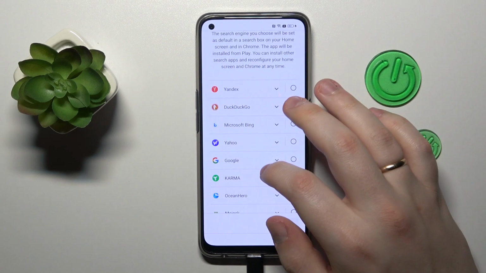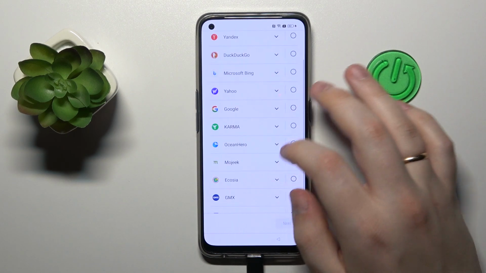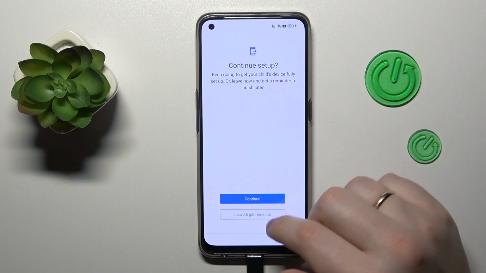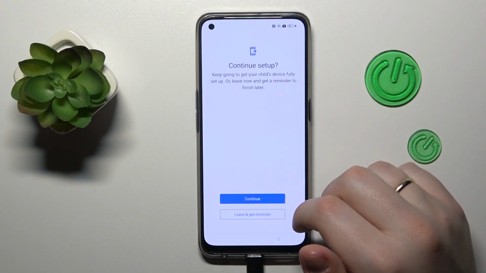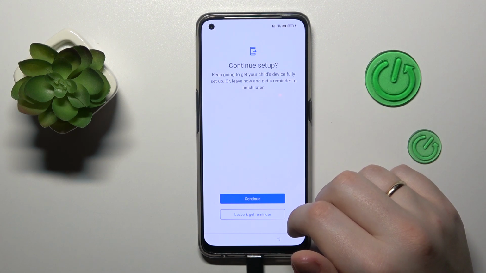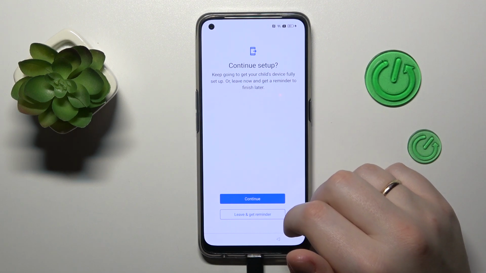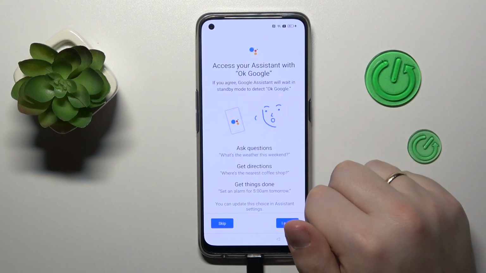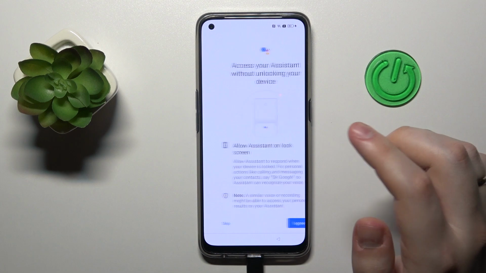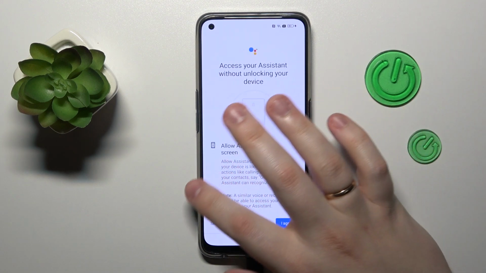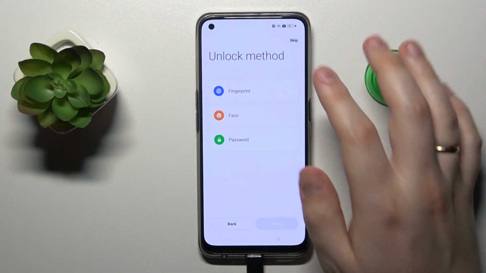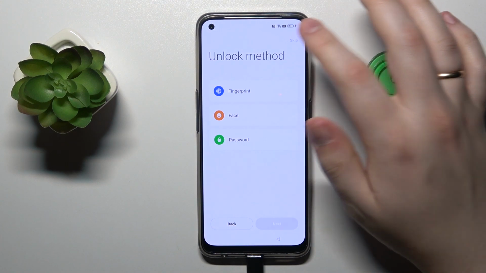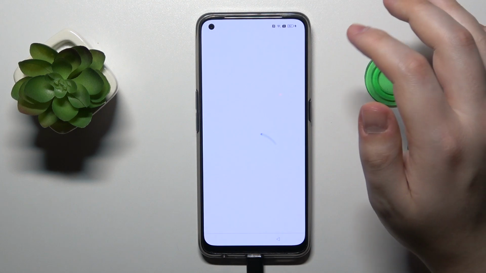In here you gotta choose the default search engine that you would like to go with. And then you can either continue the setup and configure some optional stuff, for example Google Assistant, but you can also finish the setup now and do those things later if you are planning to. So as you can see, we can set up Google Assistant over here, the screen lock method,